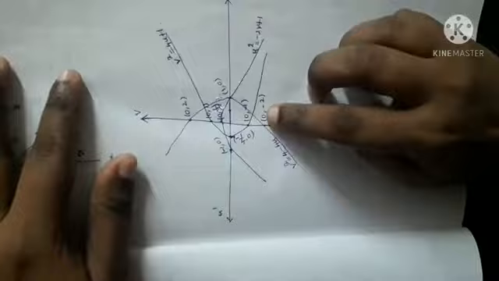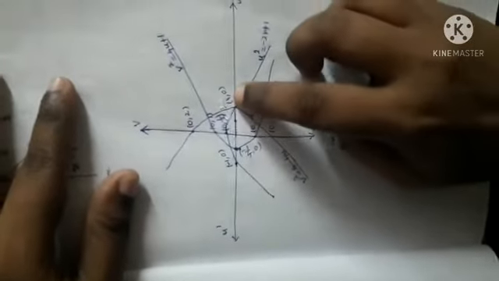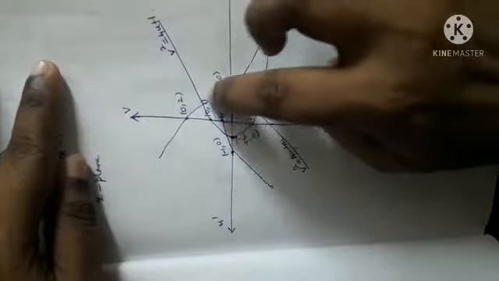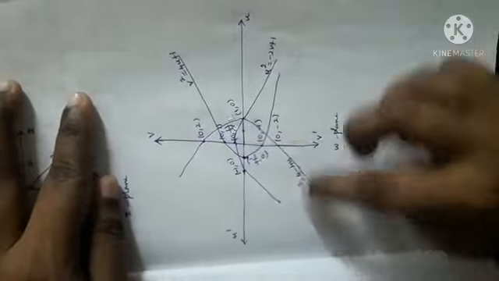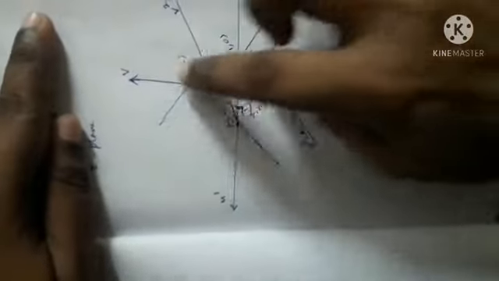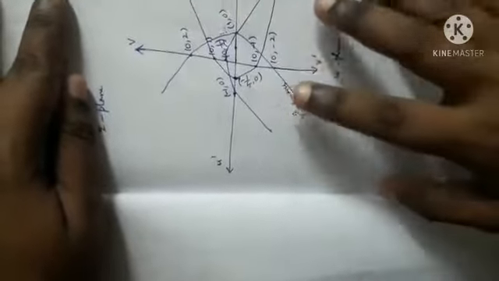Let us draw the diagram. See, the first parabola passes through 0, 2, 0, minus 2, 1, 0. 0, 2 here, 0, minus 2 here, 1, 0 here. So the parabola passes through these 3 points. Through 1, 0, through 0, 2 and 0, minus 2. This is the parabola. Listen here. It passes through these 3 points, which is the parabola. Okay.